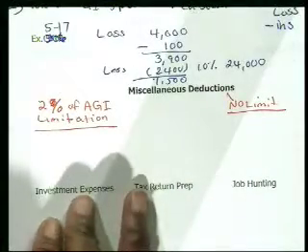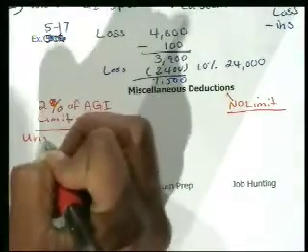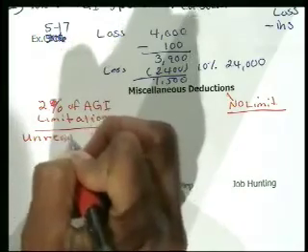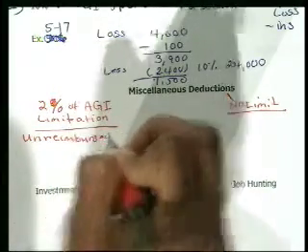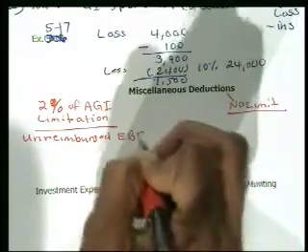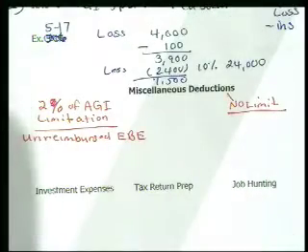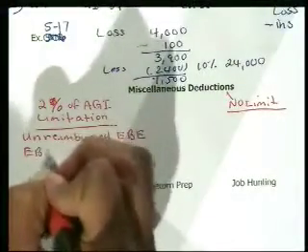We have our unreimbursed employee business expenses. So as an employee, if I incur expenses on behalf of my employer, then those are considered unreimbursed employee business expenses. As long as they're deductible business expenses, my employer doesn't reimburse me, then I can deduct them on Schedule A as a miscellaneous deduction, but they're going to be limited to 2% of my AGI. Okay? And then we have employee business expenses